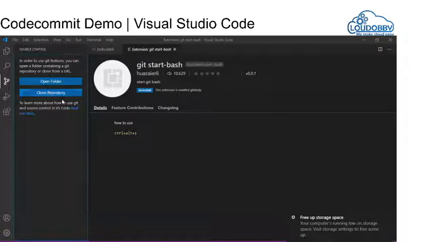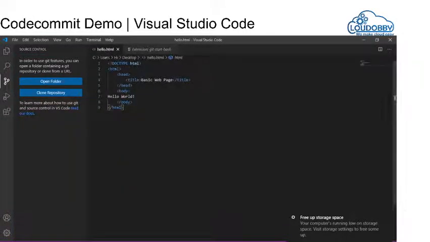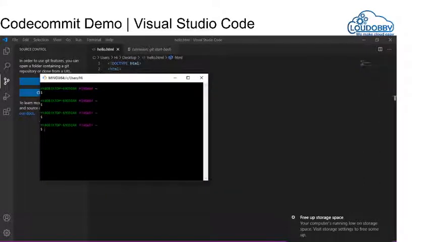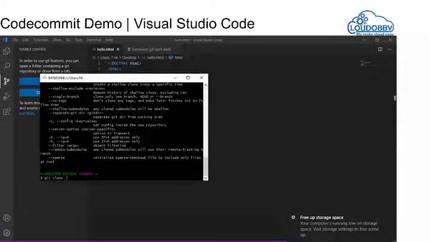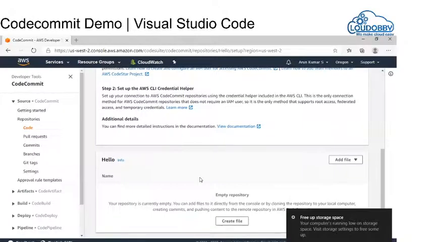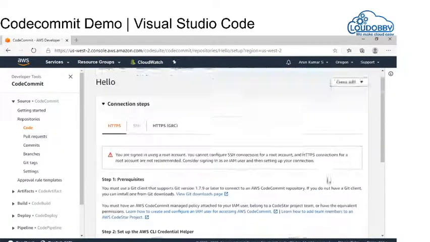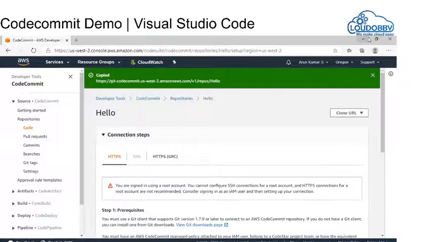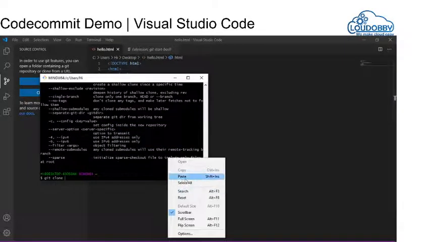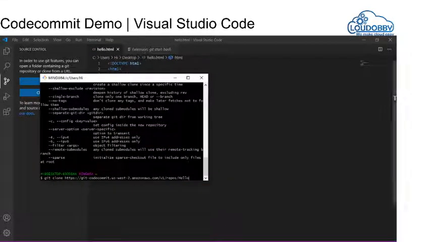Otherwise you can clone it from your Git. So if I put the command git, it says git clone. You have to specify the repository, and which way you are going to clone. I am going to clone using my HTTPS. So I have to go here. Inside your repository you will see the clone URL, clone HTTPS. It will copy the URL and I am going to paste it here. Right, I have pasted. So git clone.